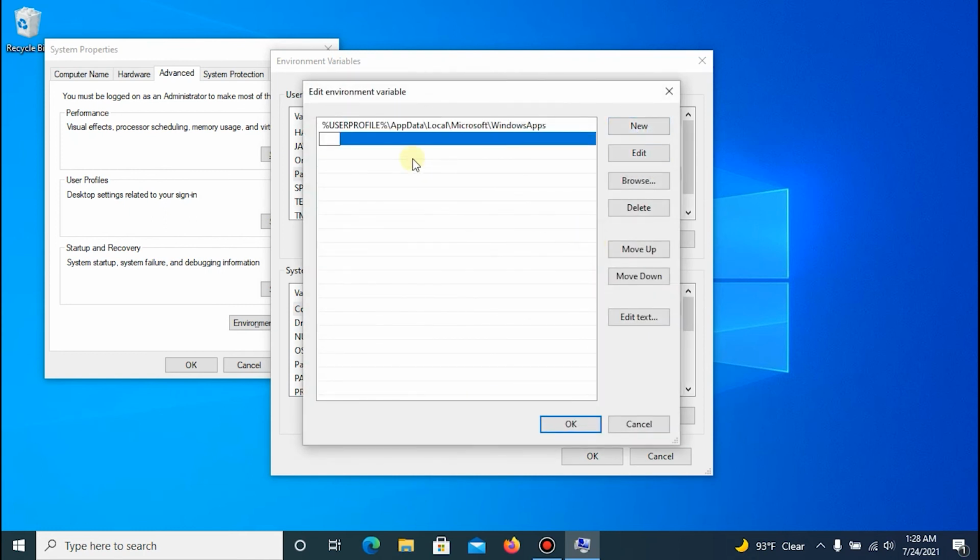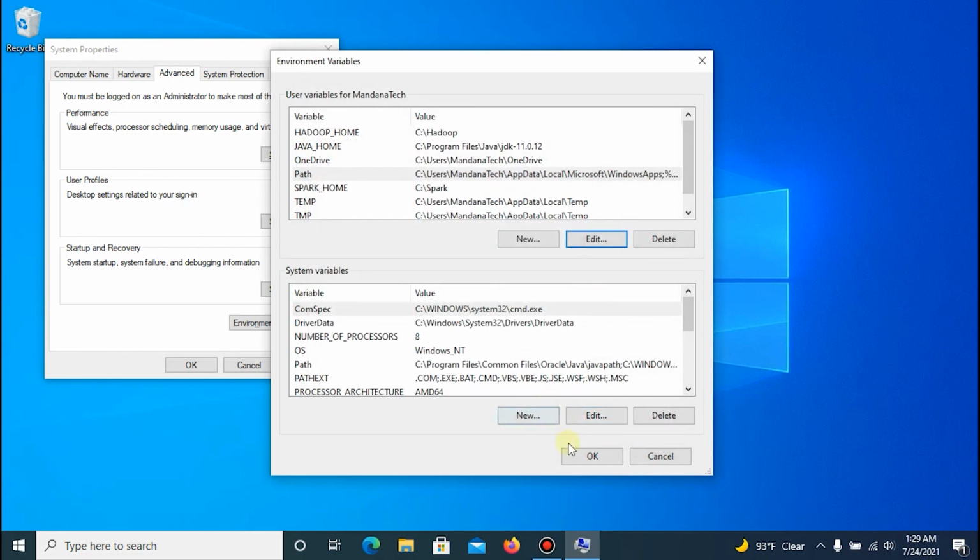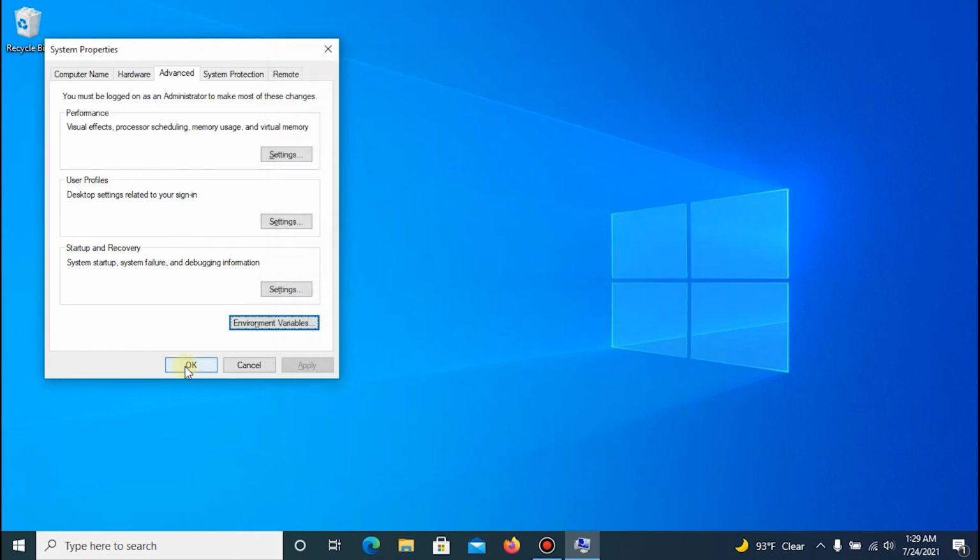New, for SPARK_HOME and subfolder bin, and also another one for JAVA_HOME and subfolder bin. Okay, okay, and okay.